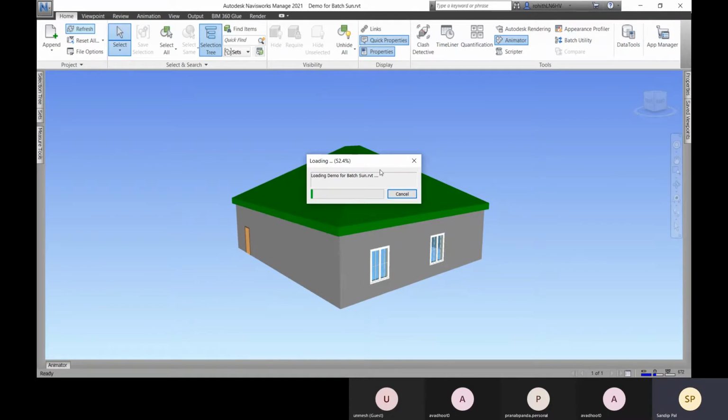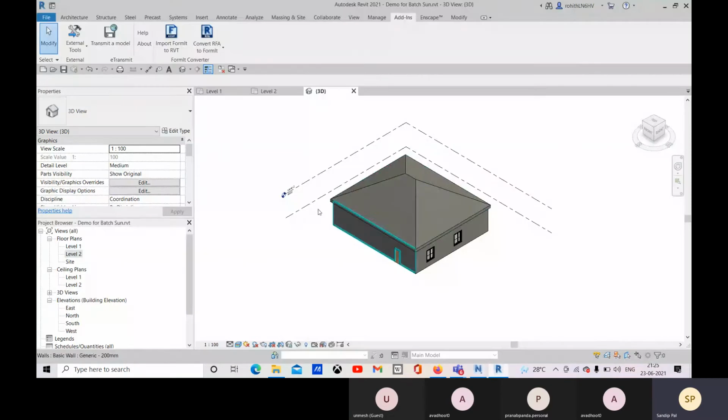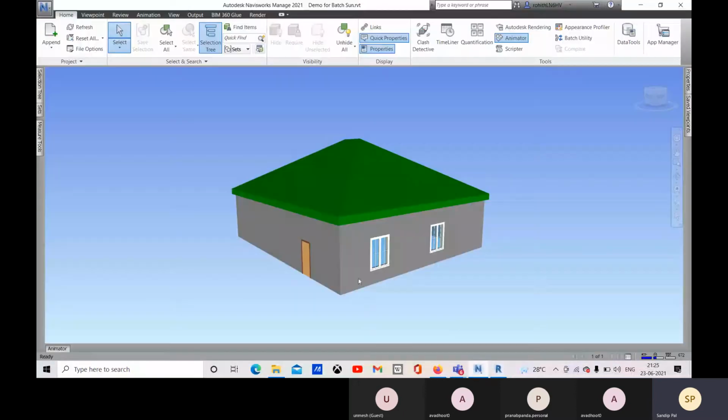Here also you have to open the RVT file so that it will be linked with your RVT file there.